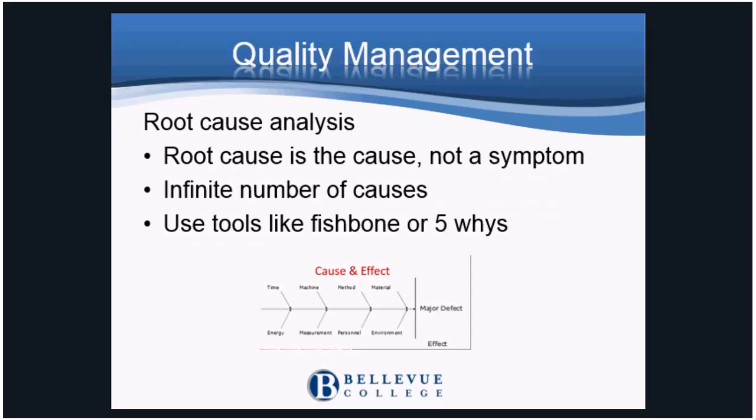Another simple approach is to ask why 5 times to get to the root cause. The 5 whys approach does not try to list out 5 different causes, but it follows a chain of causality. For example, if someone is late to work, focusing on the lateness is a symptom and will be addressed every day. But when you ask why are you late, and they say they can't drive over the speed limit to get to work,